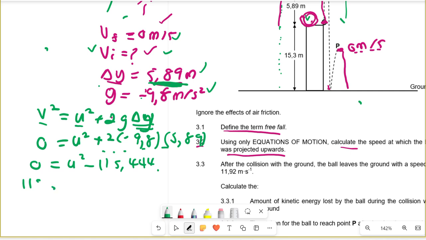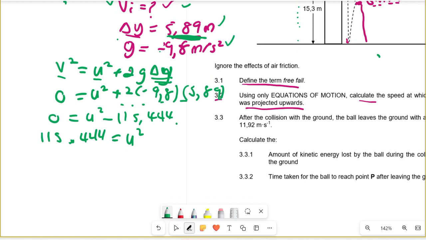Four four four is equal to u squared. All right, so we're looking for u and not u squared. For us to get rid of this square, we have to take the square root. What we do on the left, we also do on the right. Then u will eventually be equal to 10.74